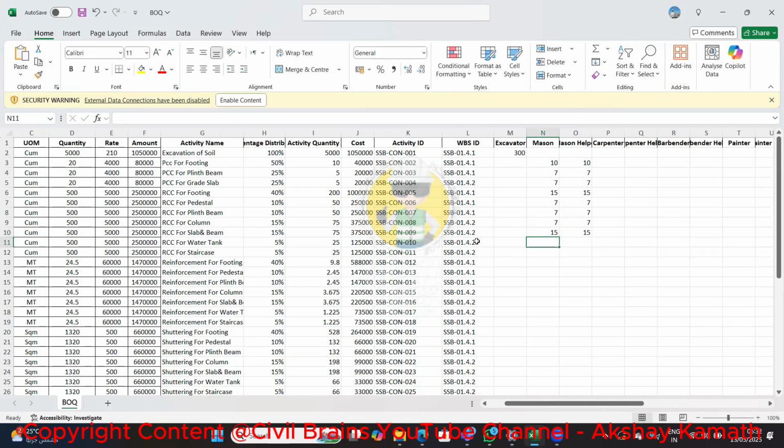Okay. For RCC for water tank also we are considering like 10 cubic meter. And reinforcement for footing. This work will be done by the bar bender. So you should not fill the data here. You have to go to the bar bender and fill it according to the data. Per day one fitter and one helper can do 0.2 metric ton per day. Okay, so